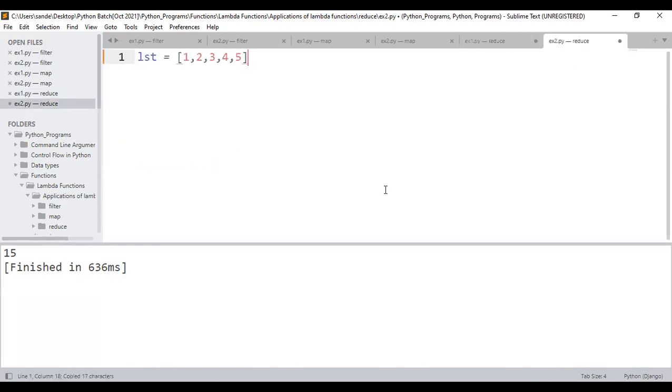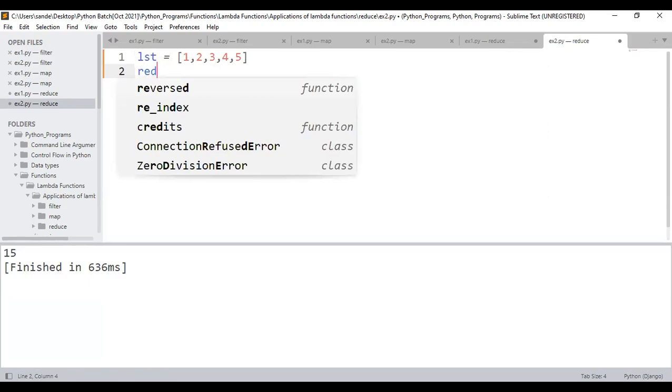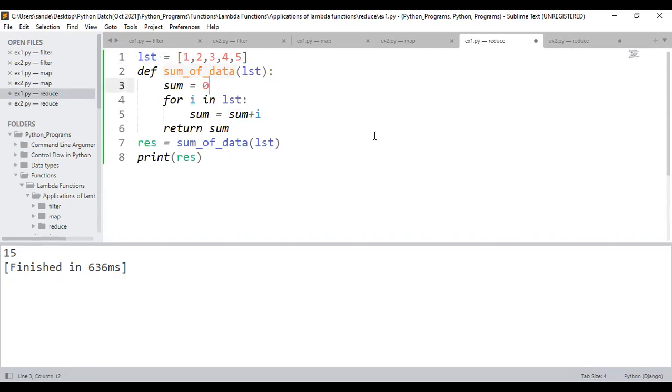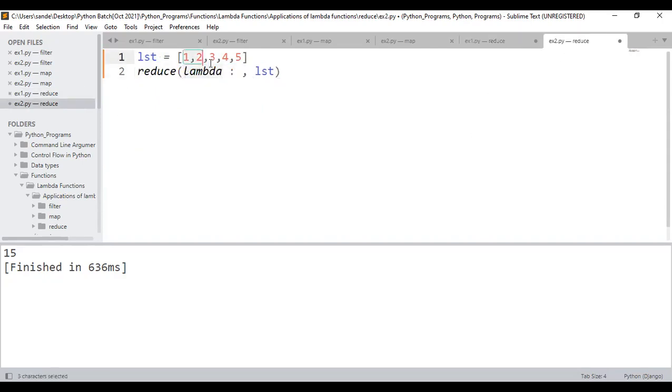Sir, what will you teach, sir? It is pretty simple. First, I'll be using a function called reduce. Within this reduce function, I will write lambda, colon, comma, and I'll pass the sequence. I have to tell the input as well as the expression. Please tell me what will be the input. Don't you think I have to provide two numbers at a time? I have to take two numbers, add them, and take whatever result I get. See here, x and y will be the input. How many of you agree with my point?